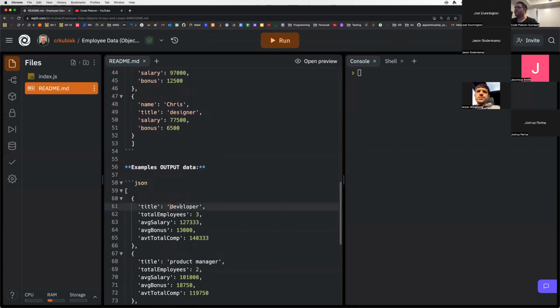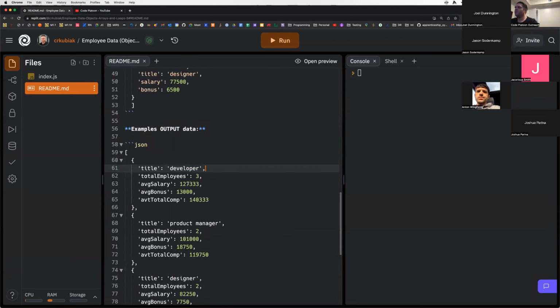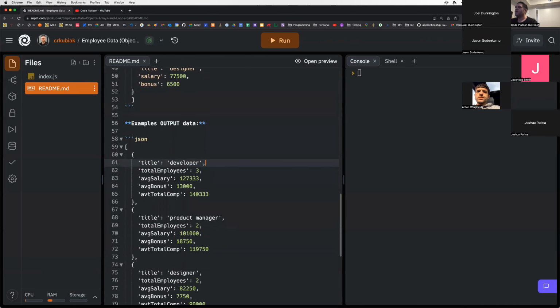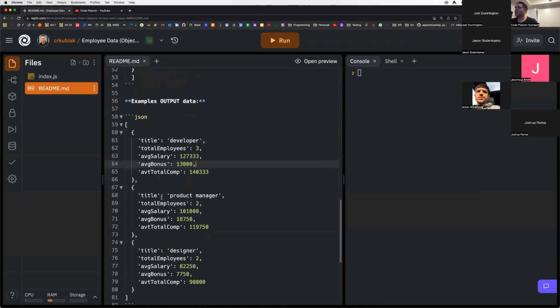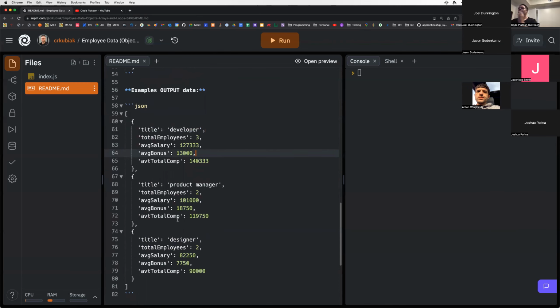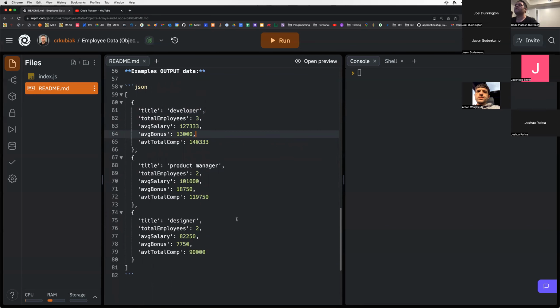So for the job position developer, we're going to have a total of 3 employees. The average salary is 127,333. Average bonus is 13,000, and average total comp is 140,333. So again, average total comp is just these two added together. And we have the same object for product manager, and again, a corresponding object for designer. Any questions on